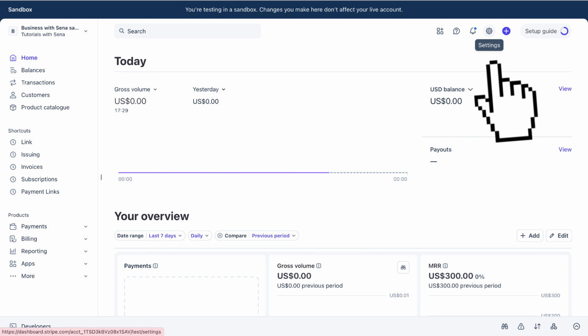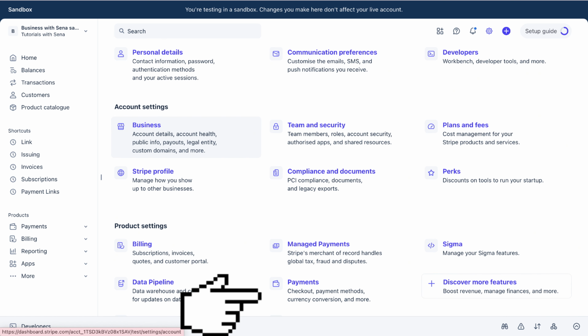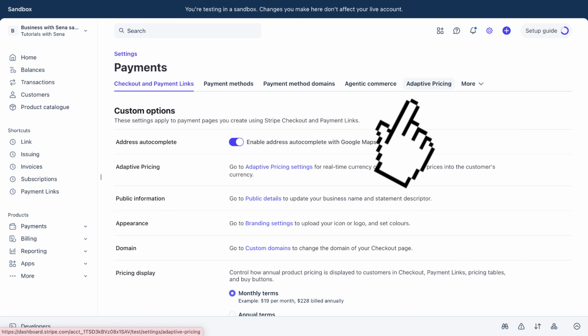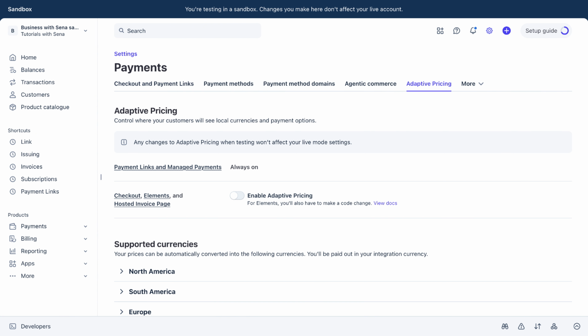Click on the gear icon at the top right of the screen. Select the payments option under the product settings section and choose the adaptive pricing option. On this page, switch on the toggle to enable adaptive pricing. And just like that, now your Stripe checkout page can have multiple currencies, the currency that you have determined